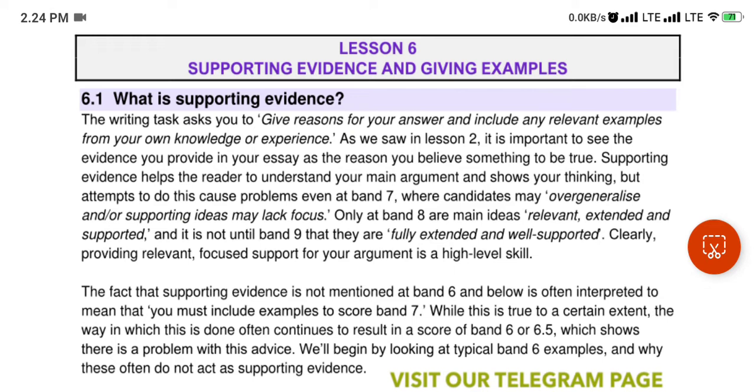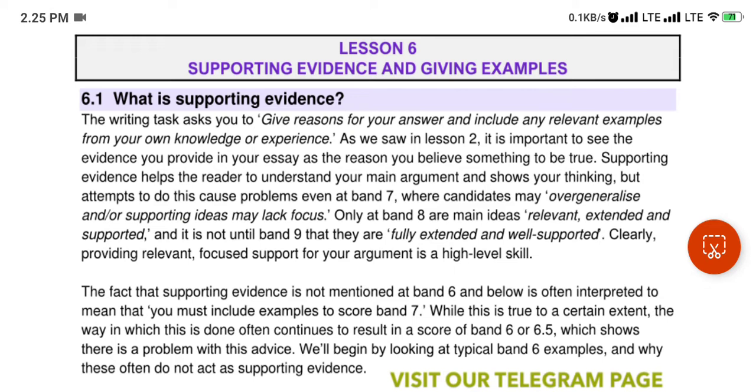The writing task asks you to give reasons why for your answer, and you include relevant examples from your own knowledge or experience. As we saw in lesson 2, it is important to see the evidence you provide in your essay as the reason you believe to be true. Supporting evidence helps the reader to understand your main argument and shows your thinking,